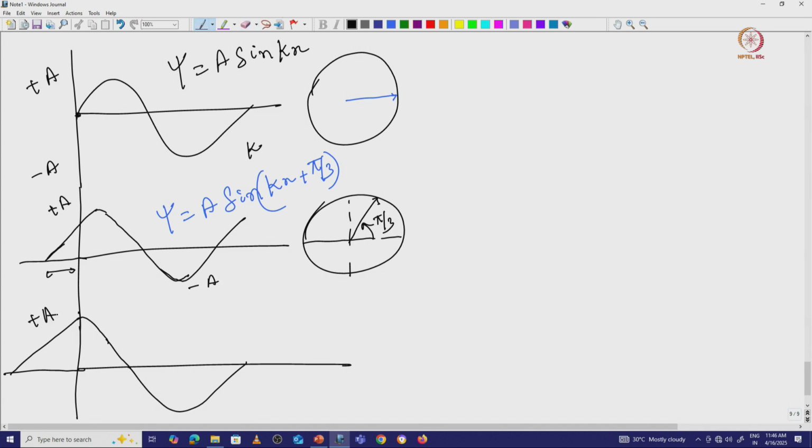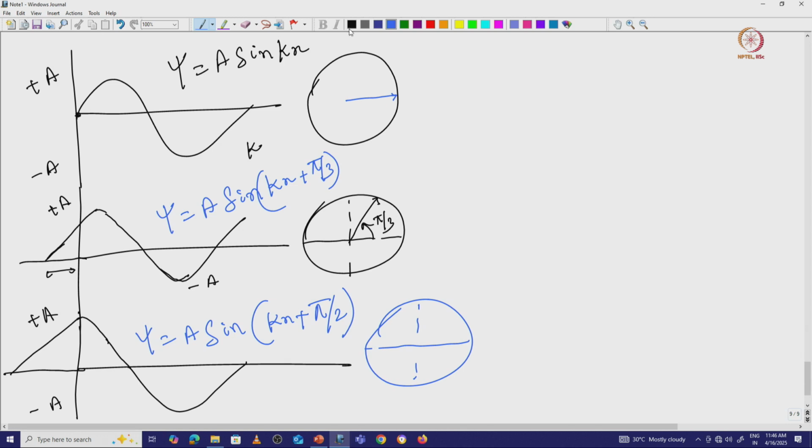Again, this will be plus A and this will be minus A, and we want to plot this one. Here you can see a total of 90-degree phase difference. So, in this particular wave, it will be sin(kx + pi/2). Okay. Now, if we want to plot that one, how are we going to plot it? Here you can see initially it started here, now the wave has completely rotated here. So, now it is pi by 2. What about the next?